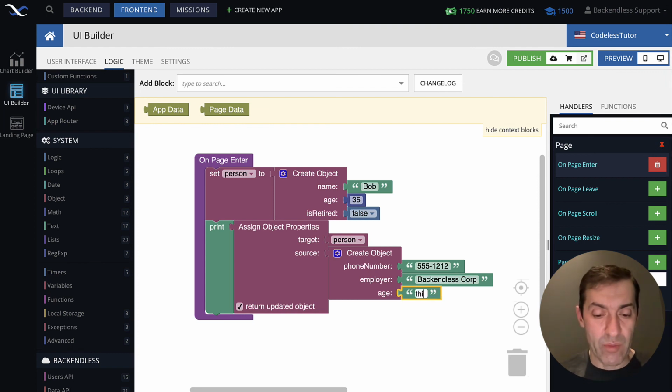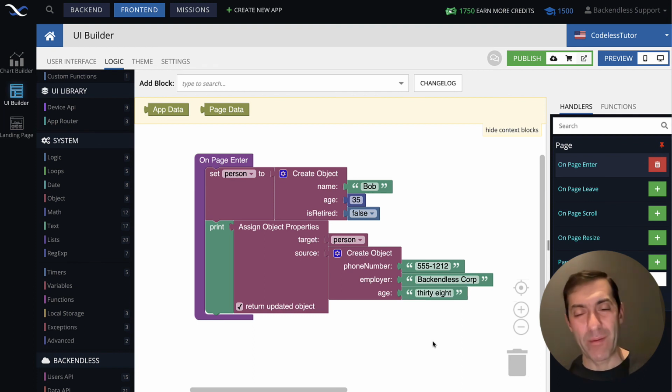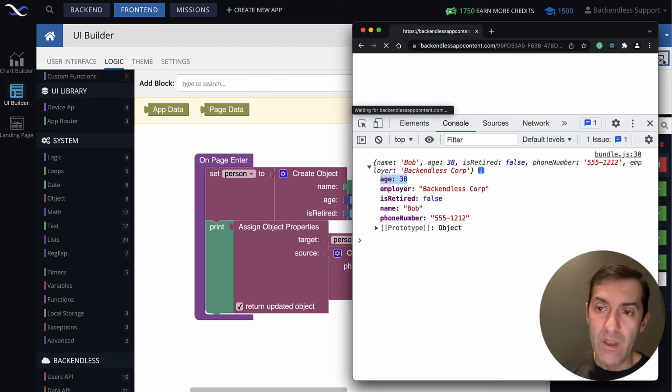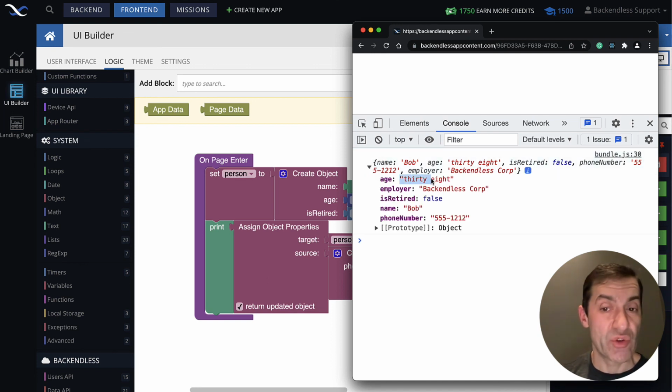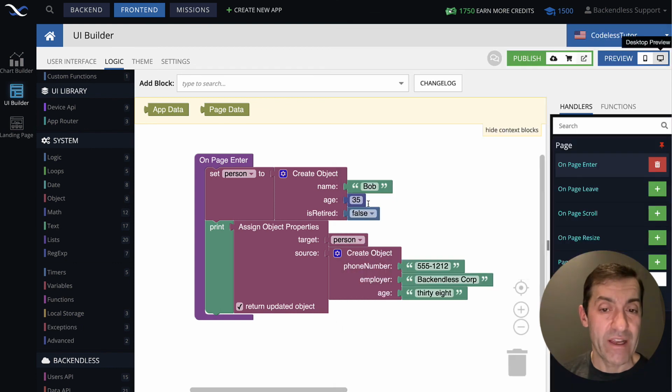In fact, it could be 38 written like this, all right? Doesn't really make sense. Looks kind of ugly, but the point is that you can update the type of individual property. Let's run it. And as you can see, now the age property contains a string, where previously it contained a number. Very important thing to keep in mind, that the type of individual properties may change in real time.